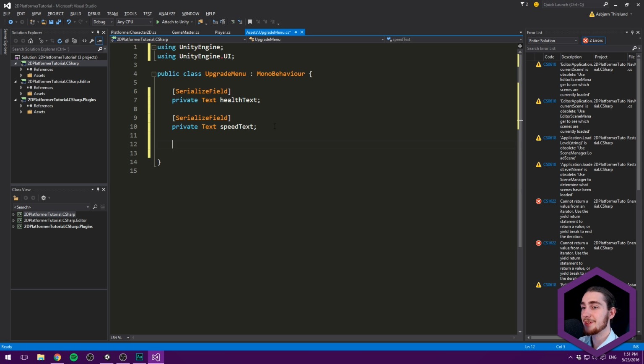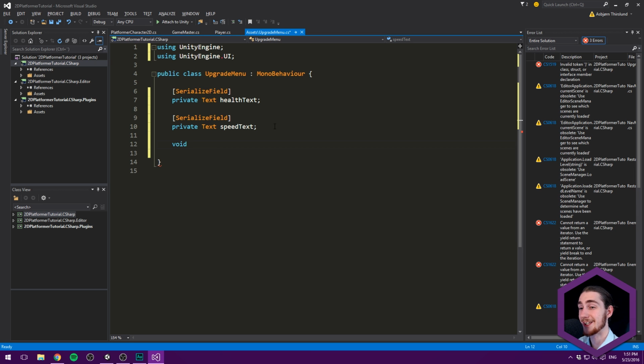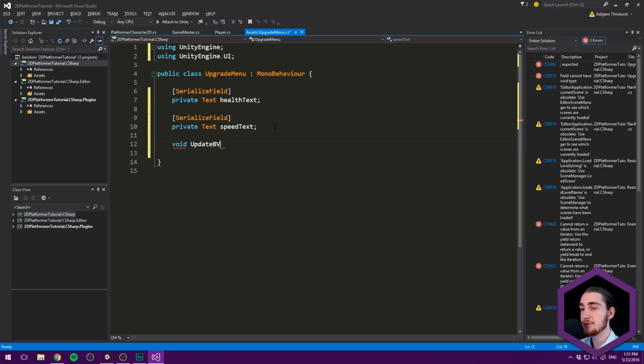Okay, so there are multiple ways of doing this. One is to have some kind of method that updates the health text and the speed text, and then we call that method, let's say, whenever we open the upgrade menu, and then we call it whenever we press a button to upgrade something, because then it might change. Another way is simply to do it every frame. But let's actually do a bit of optimization here and do it the first way, the correct way, so to say, the best way at least. And that is to have a void which is going to update values,